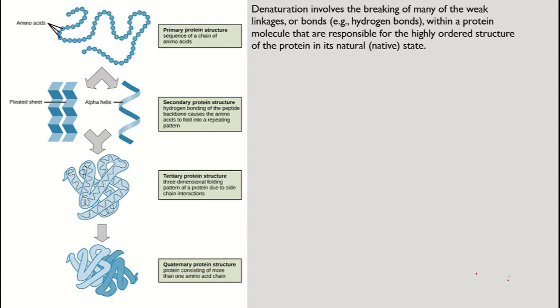Here's a very good picture, courtesy of Khan Academy, explaining the 4 layers of protein structure. I think it does a really good job with the exception of the quaternary structure. I think there's an easier way to understand it. But let's just dive into it. Primary protein structure refers to the sequence of a chain of amino acids, and this refers to the covalent bonds. So, for instance,